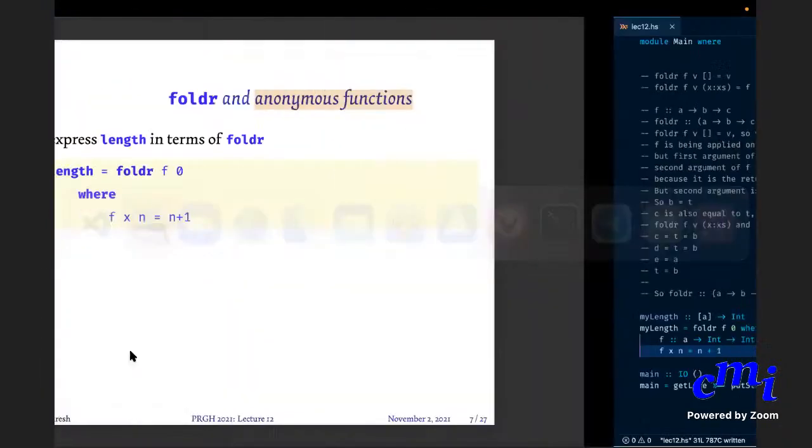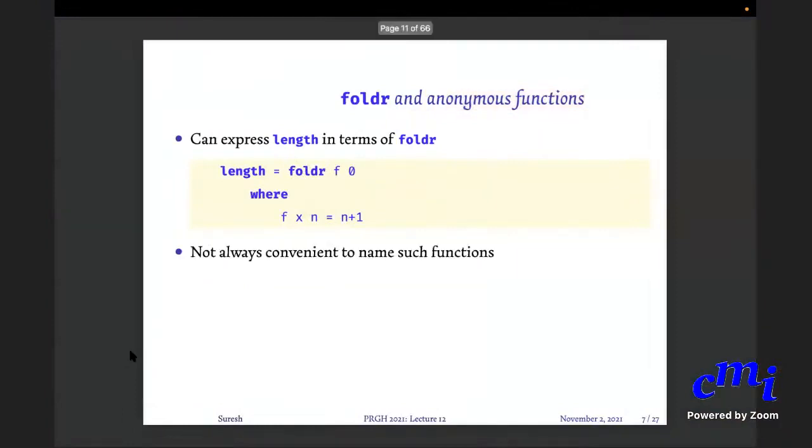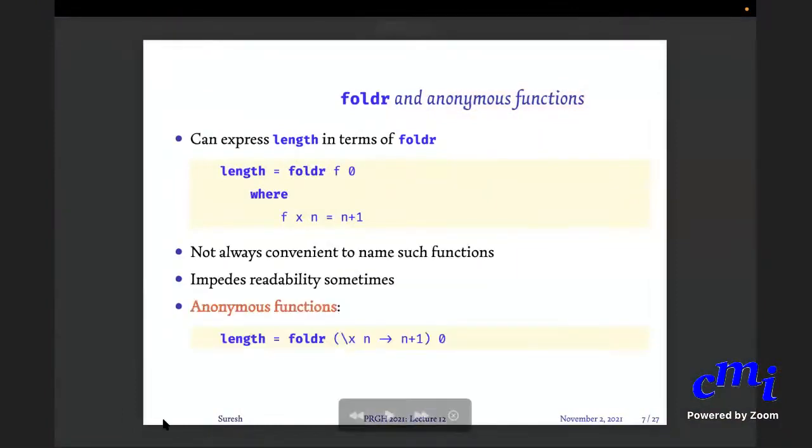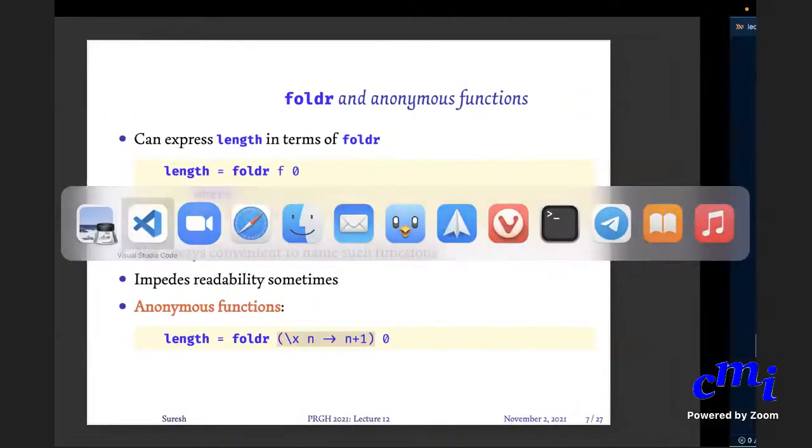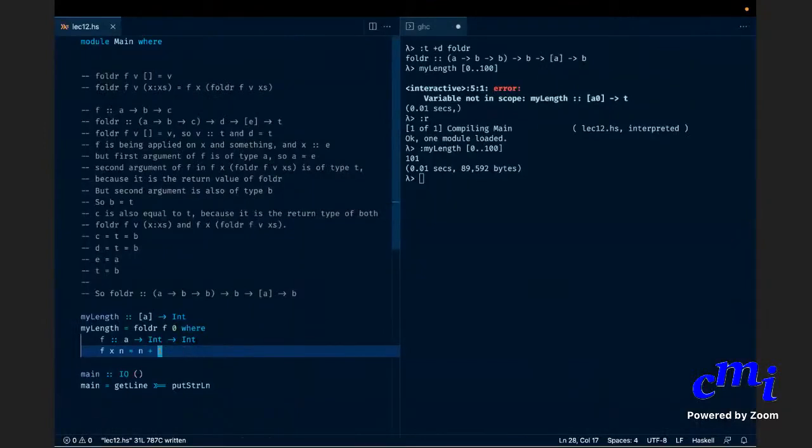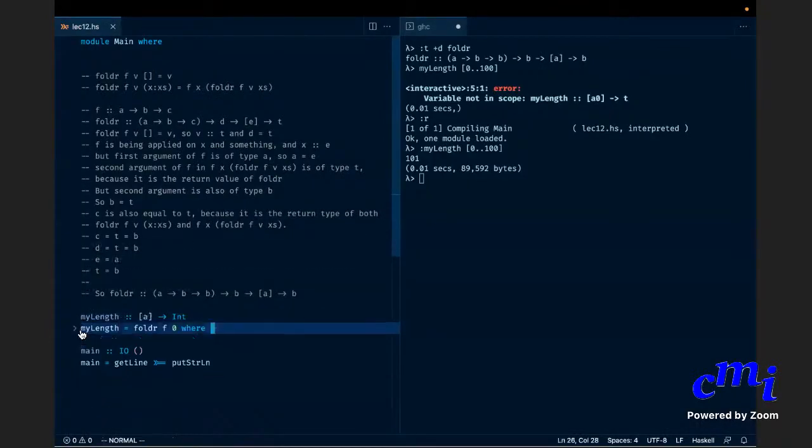Okay. Instead, what can you do? Instead of giving a name for that function, you just do this. Okay. This is an anonymous function. In an anonymous function, you put a backslash and put all the argument names, and then you put the body of the function. Is it clear? So the same thing that we had earlier, instead of all this, let me comment that out.